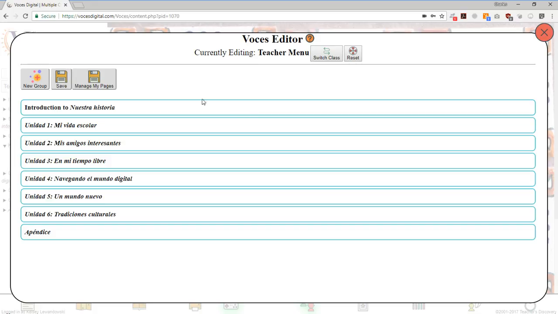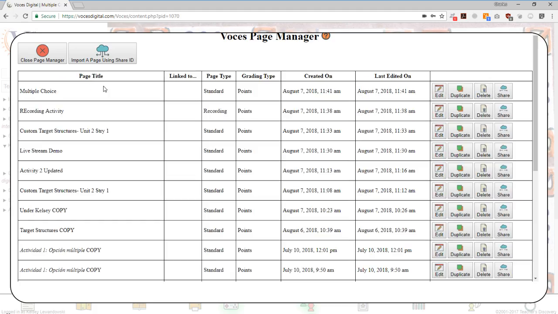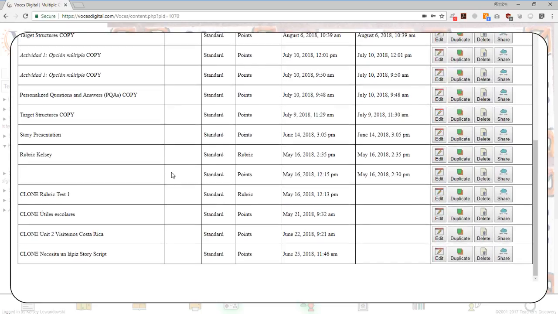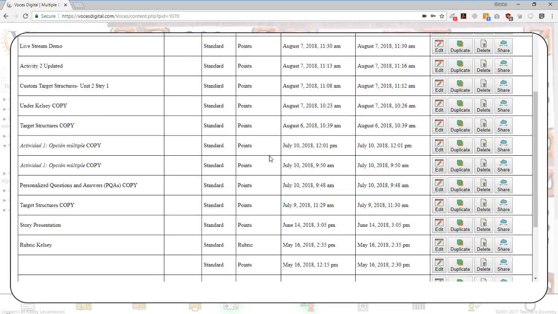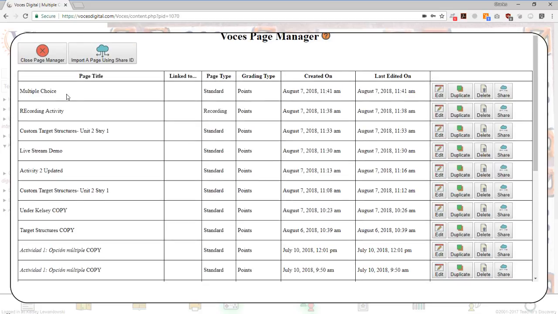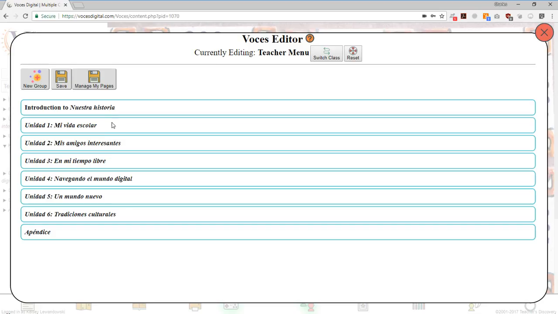back to that original. Now if I go in to manage my pages, those pages I created are still here, so I could still relink them. But if I wanted to start over every year, or if I wanted to start with that clean slate, I definitely could very easily. And all of my activities and all my pages that I've created are still going to exist here. So that's pretty cool. So then I just close that page manager, and then I've got my blank slate